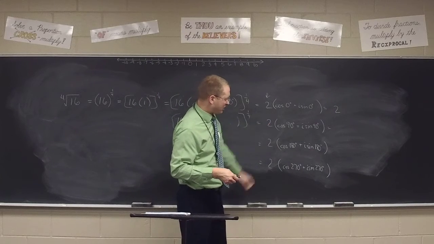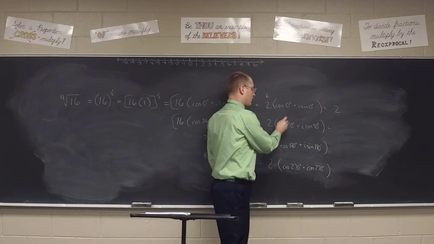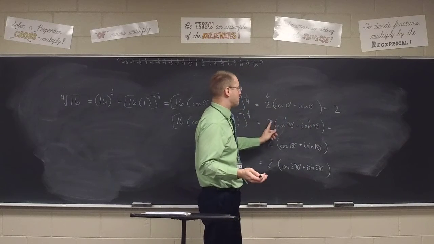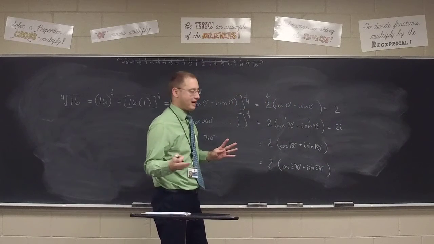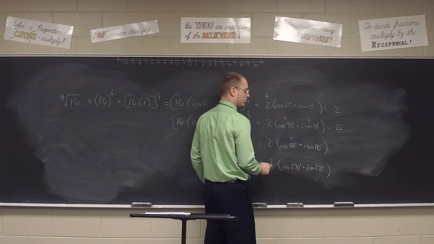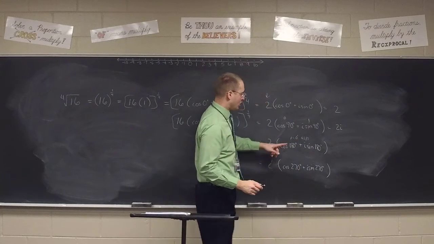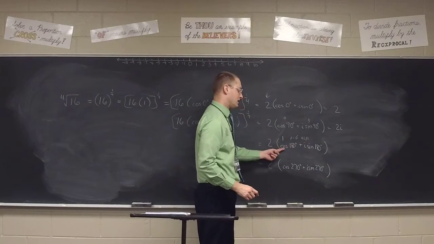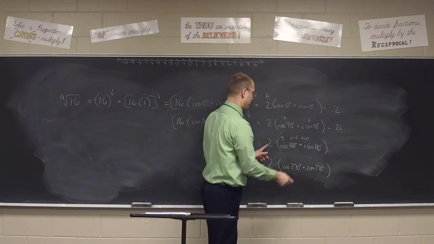So here, cosine 90, what is the cosine of 90? 0. What's the sine of 90? 1. So 2 times 0, plus 2 times i times 1. There's another of my 4th roots. Well, we could have gotten that by successive square roots, right? What's the cosine of 180? Well, 180 has what reference angle? 0. But it's in quadrant 2/3, right? Cosine of 0 is 1, but in either quadrant 2 or 3, cosine is negative. Sine of 0 is 0i, so that kind of just drops off. 2 times -1,